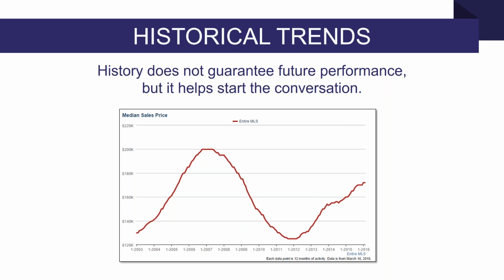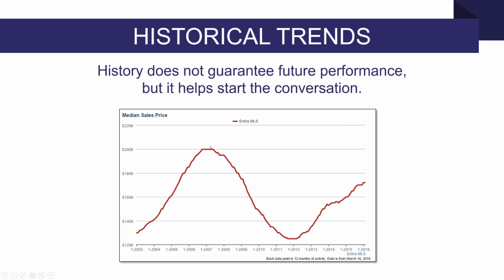Historical trends are your friend, but they do not guarantee future performance. They give you a good idea of what's going on in the near term, but in the long term, things are a lot more uncertain. I got in the market in 2003. We had a great run up. I had a lot of tailwind. I was very successful. And then the market started to churn a little bit. We noticed that things were getting different. And then it was a wild ride down to the bottom where we thought the end of the world was coming. But then, happy times came back.